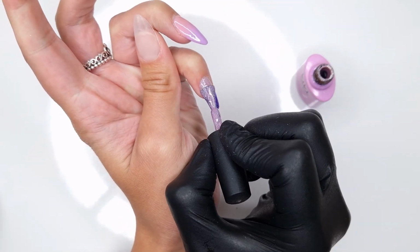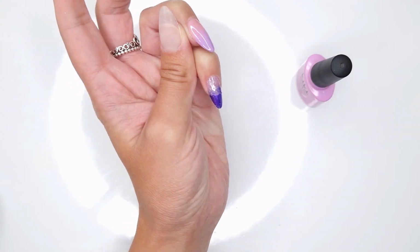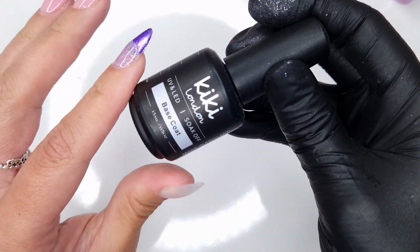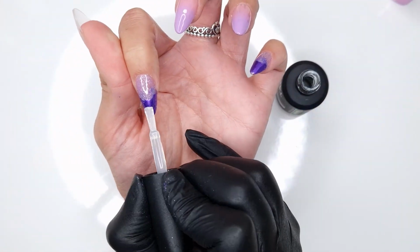So I wanted to continue with the ombre effect but come in with some glitter. So I'm taking a Violet Daze down at that cuticle area and applying it so it goes just over the foils, because we want to cover up that harsh line where the foil ends. Then to help blend this, I'm going to take a little bit of the Kiki London base coat, and this